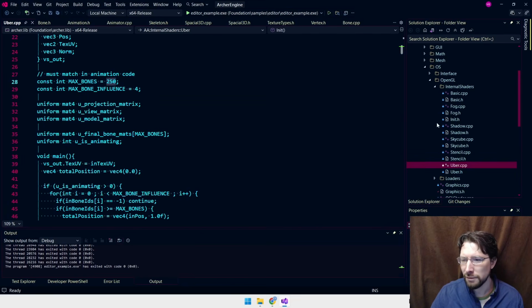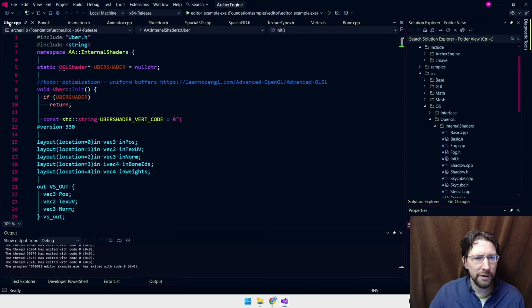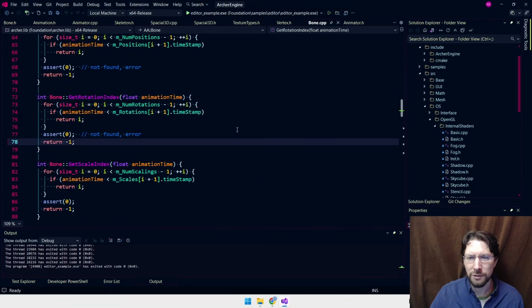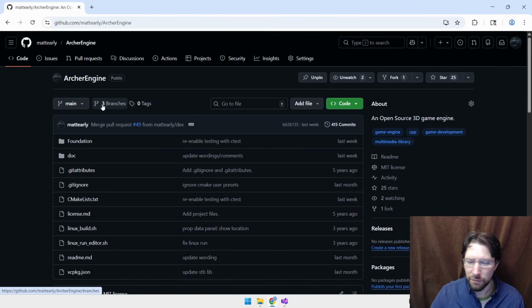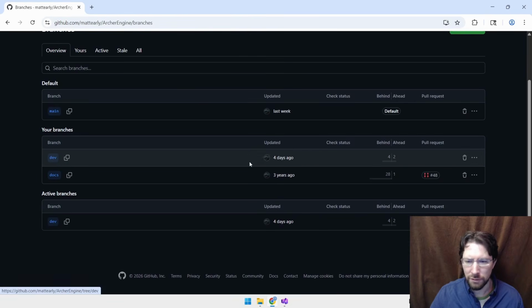But you don't only change it here if you change it. You've got to go into the C++ code that sends up all this data and links with these shaders and everything, and change it there too. So a lot of changes need to be made to make this ArcherEngine fully usable, but it's getting closer, and I have been toying with it. It's all publicly available, so you can go look at the changes I made if you want. This is a great bike shedding project, if you will, because there are a lot of things that need addressed, and it's pretty straightforward code.